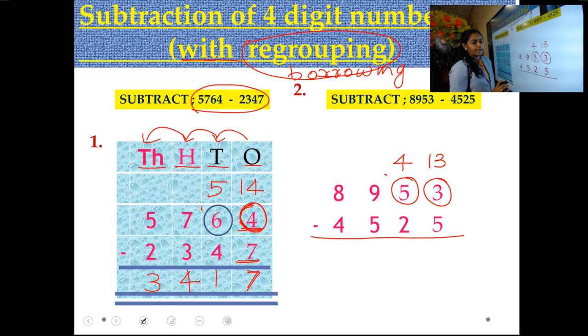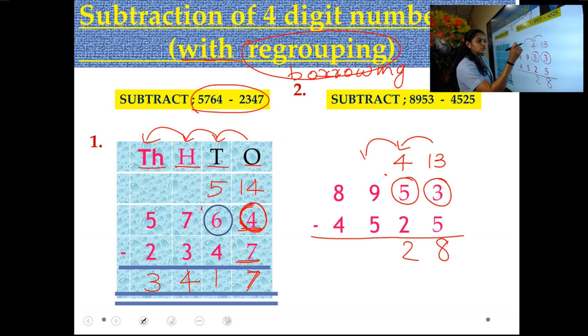So we can subtract. 13 in our mind, 5 in our hand. Before counting 12, then 11, 10, 9, 8. Write down in ones place. Then move to the next place. Numbers are 4 and 2. 4 in mind, 2 in hand. Before 4, 3, 2. Write down in tens place.